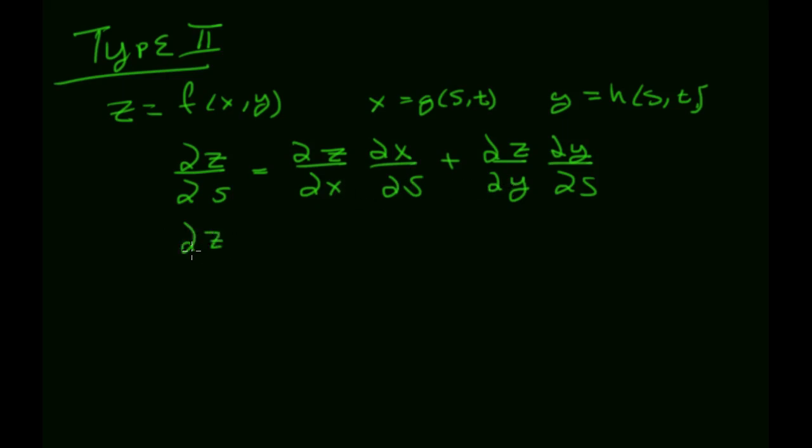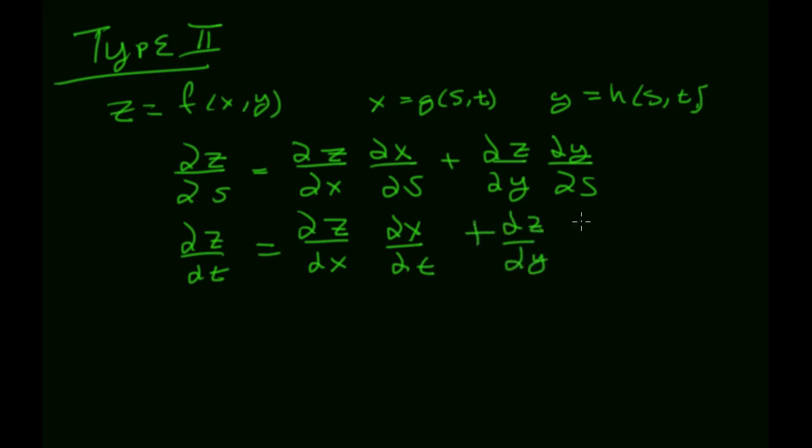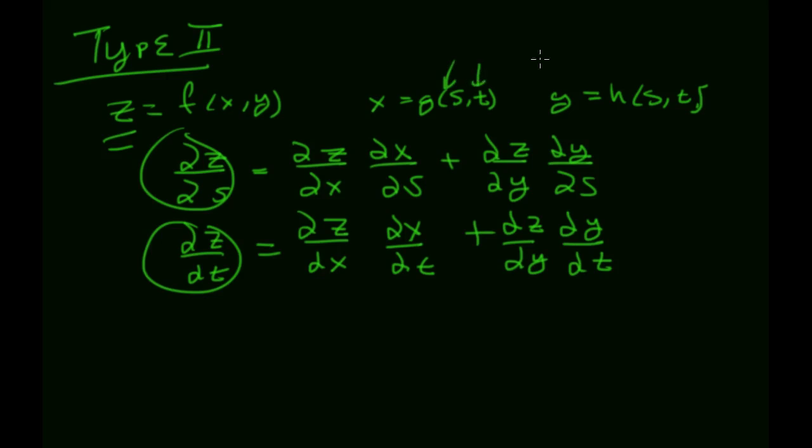And likewise, you can get a dz dt, which is partial z with respect to x, partial x with respect to t, plus partial z with respect to y, partial y with respect to t. So this gives me the two partial derivatives because this function is now ultimately based on two variables, s and